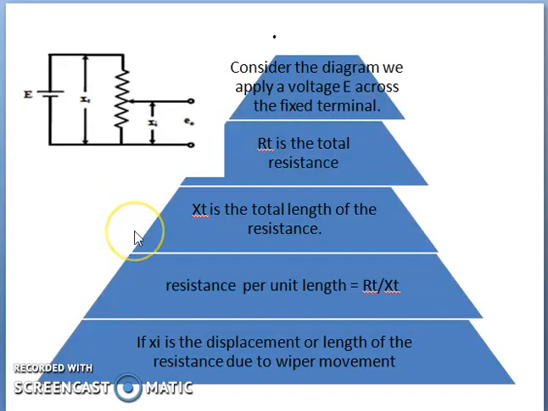Consider the diagram. Apply input voltage E across the fixed terminal, and the total resistance of the potentiometer is RT and the total length of the potentiometer is Xt. We can calculate the resistance per unit length, that is, total resistance divided by total length, RT divided by Xt. And if we move the wiper from the 0th position to a middle one, and the displacement is Xi,